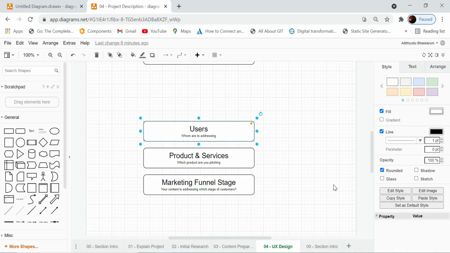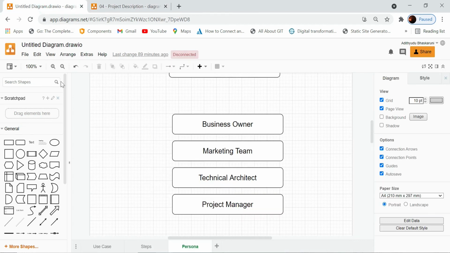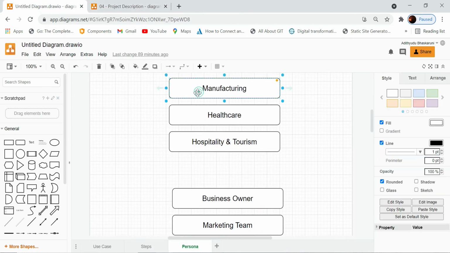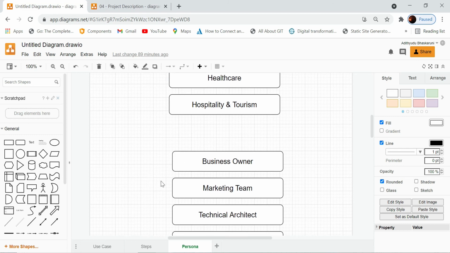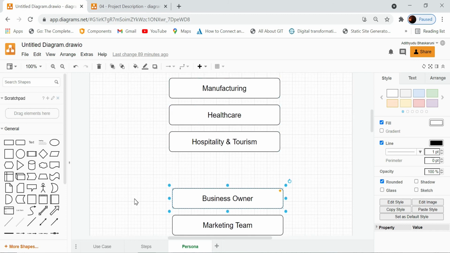Like for example, if there is a customer, let us suppose we go back to this persona, right? We are targeting a person in a manufacturing company, and let us suppose he is a business owner, right? He is a business owner from a manufacturing company, and that is about the persona. But the need of that particular business owner, if he is in the awareness stage, he is just getting aware about your product, then the need might be different when compared to when he is actively looking for or comparing your product against another product.